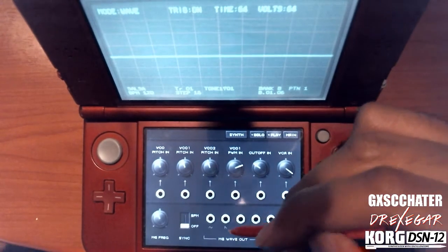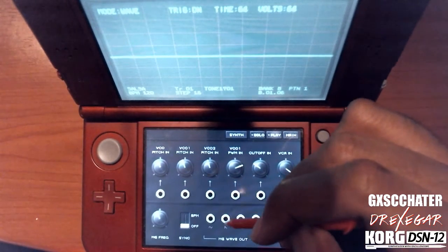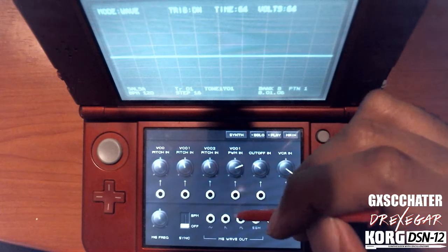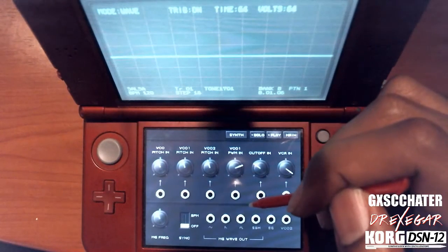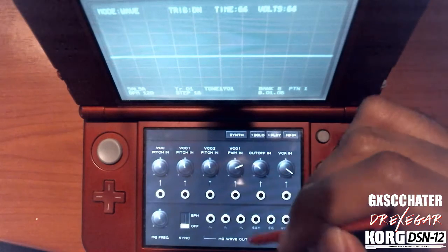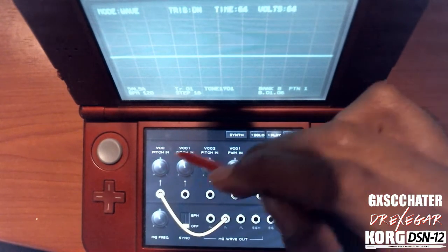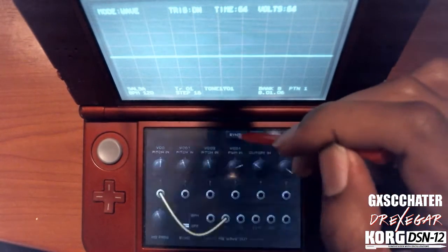Now this is the Sawtooth. The Sawtooth is similar to the triangle wave, except as you can see here, you're going down a hill and at the edge is just a straight line. So instead of a smooth transition, it's basically just going down one direction and then it resets itself. So, as you can hear with the VCO pitch,